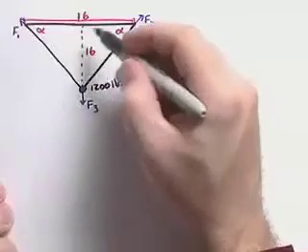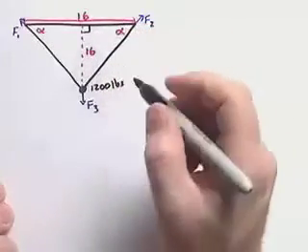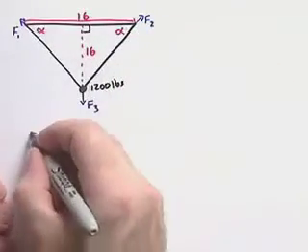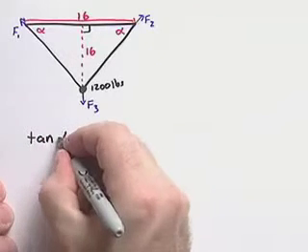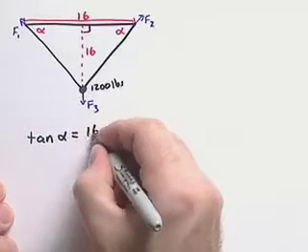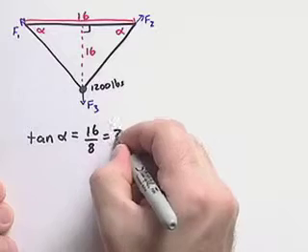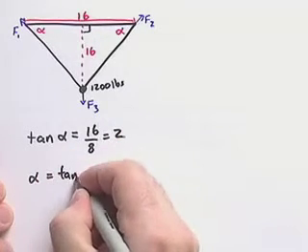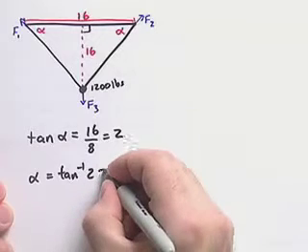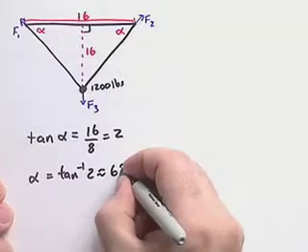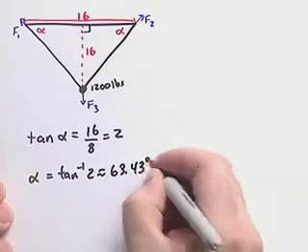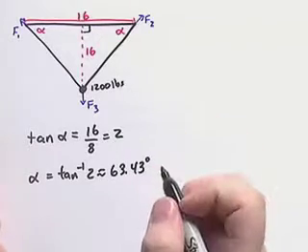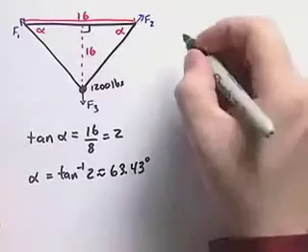We're going to use this right triangle that we've sketched here to conclude that the tangent of alpha is equal to 16 over 8, which is equal to 2. And so alpha is equal to the tangent inverse of 2, which is approximately 63.43 degrees. The three force vectors in the problem can be written as